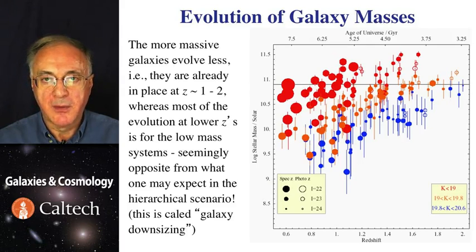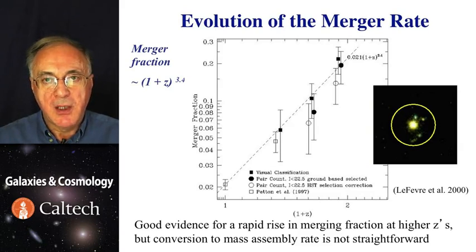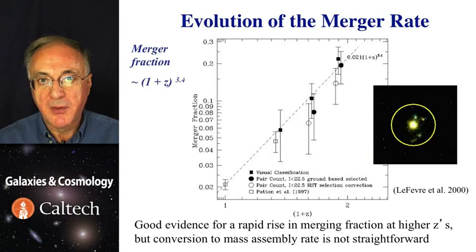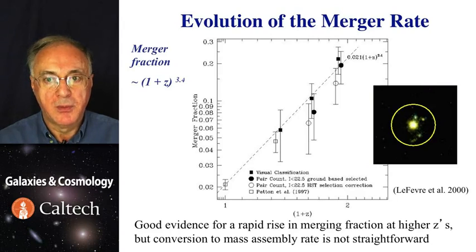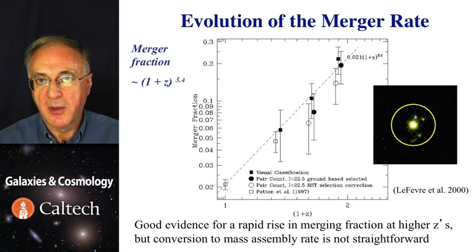Naively, you'd expect in hierarchical formation scenario that you make small ones first and then you gradually build the big ones, but that seems to be the opposite of what's observed. The solution to this is probably due to biasing effect we talked about earlier. We cannot wait long enough to see galaxies merge, but we can assume that some number of close projected pairs will eventually merge. So by doing statistics of close pairs of galaxies, allowing for projection effects and things like that, we can infer the likely merger rate as a function of redshift, and here it is. It's a power of 1 plus z, and it's more or less exactly what's expected from the modern models of